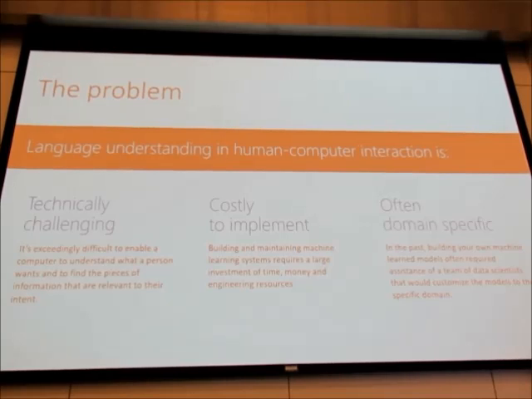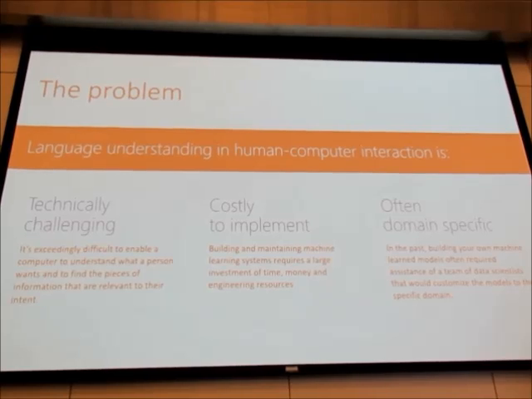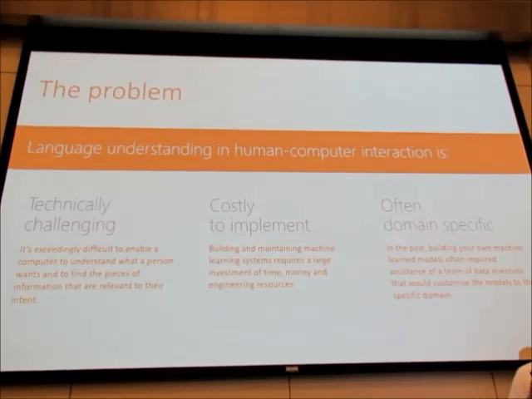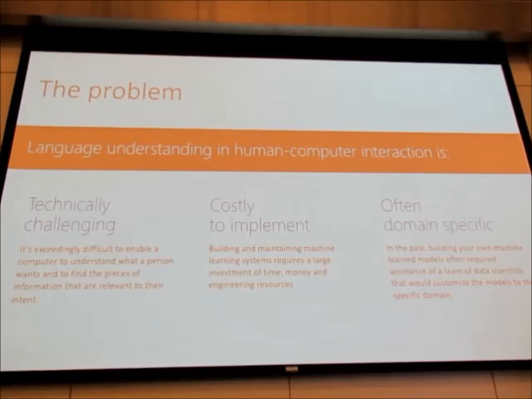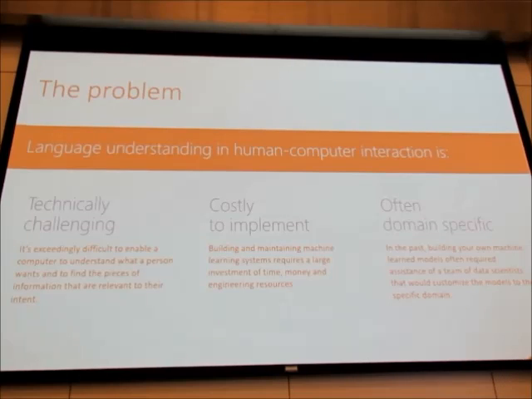So natural language processing is very hard for a couple of reasons. Most of you probably learned a second language, or even your first language. There are a lot of sentences that are very similar that can mean very different things, and a lot of sentences that are very different that can actually mean the same thing. So it's very challenging to programmatically come up with a solution that would best fit all. On top of that, it's also really hard to create a solution for one domain and have pieces you can reuse for the next domain. This is what makes it quite expensive to create natural language processing solutions, and that's something LUIS is trying to make easier for us.